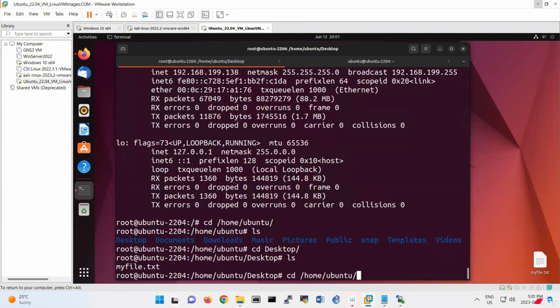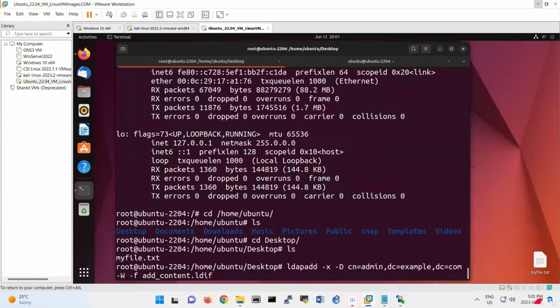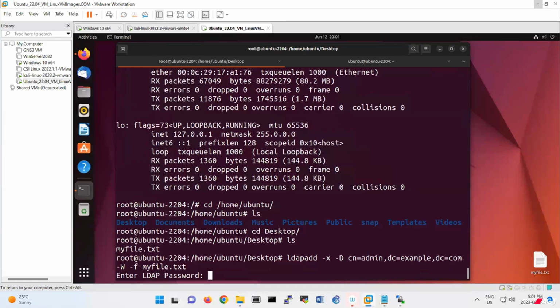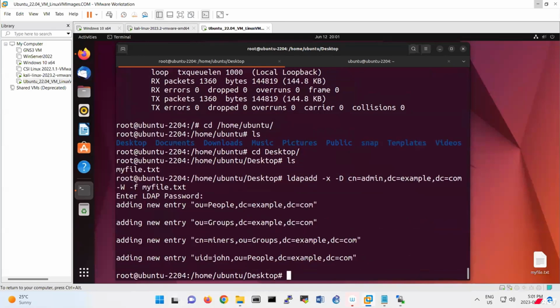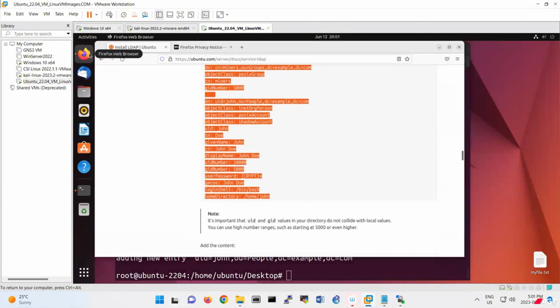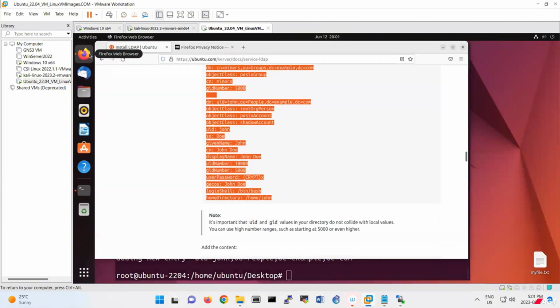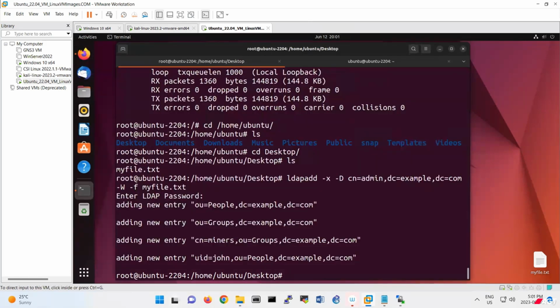So what was the command that I was using? This one. So I'm using my file.txt file. Okay, you see that? That was the file problem. Probably I copied from here that has issues. So I copied my file from the document and brought it to the Ubuntu. So then